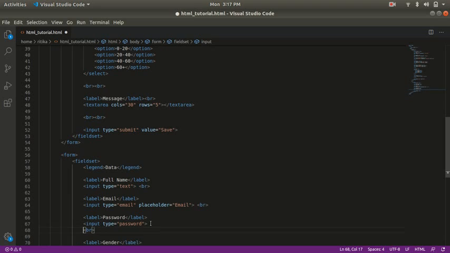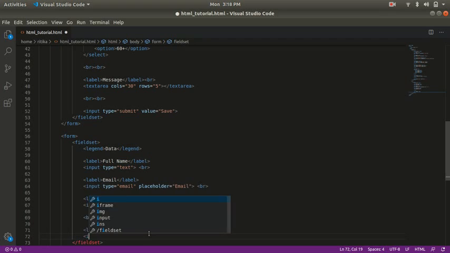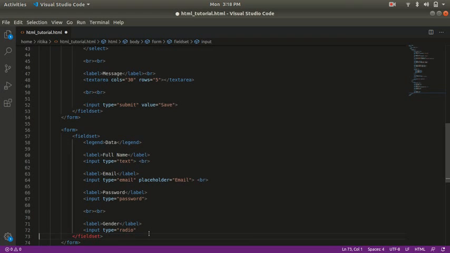Let's give double BR because we are moving into other element. We are creating radio button. Input type radio. Let's give a break here as well.